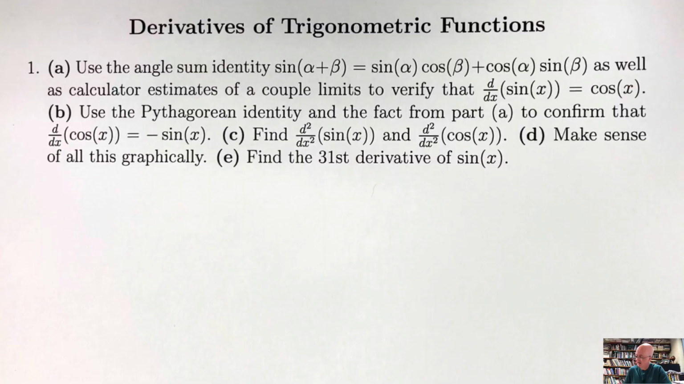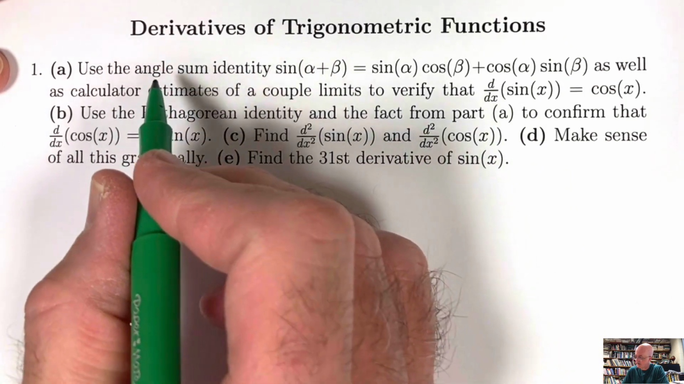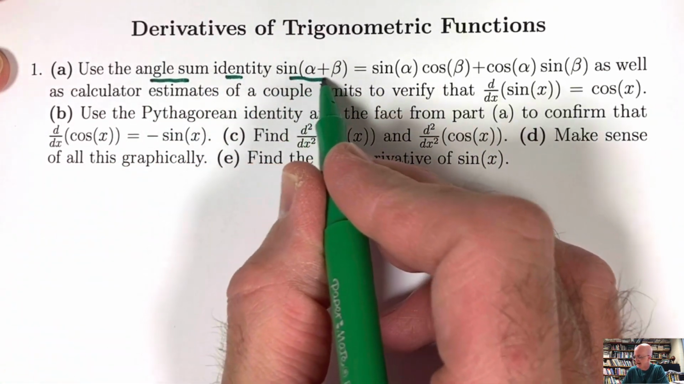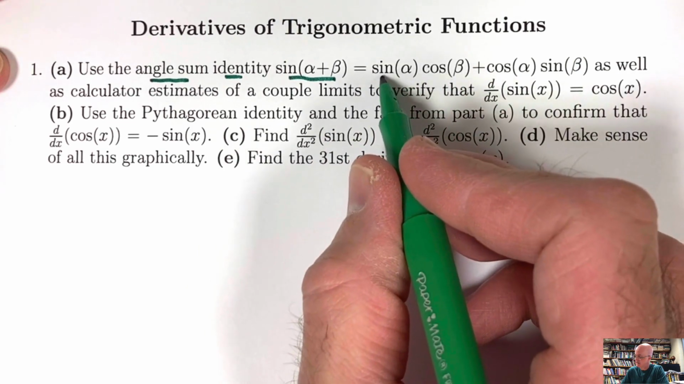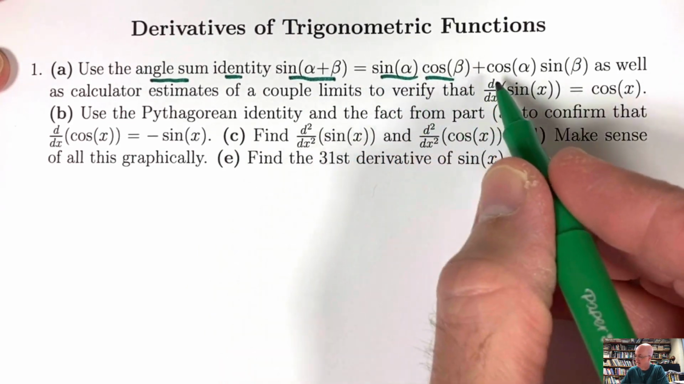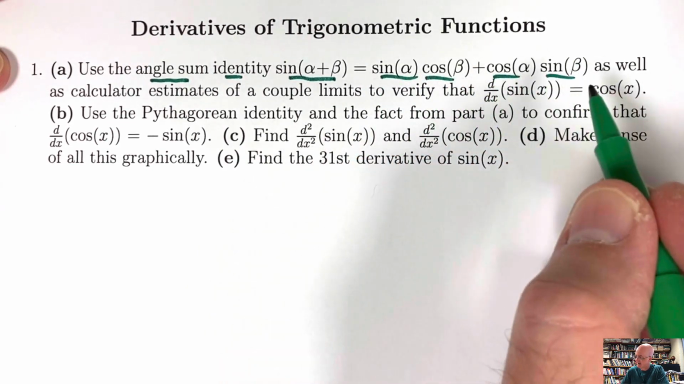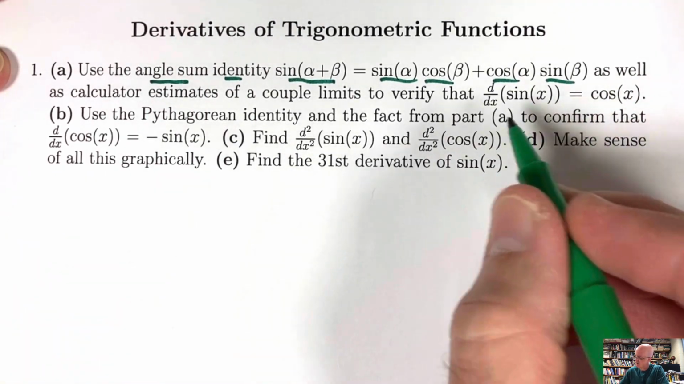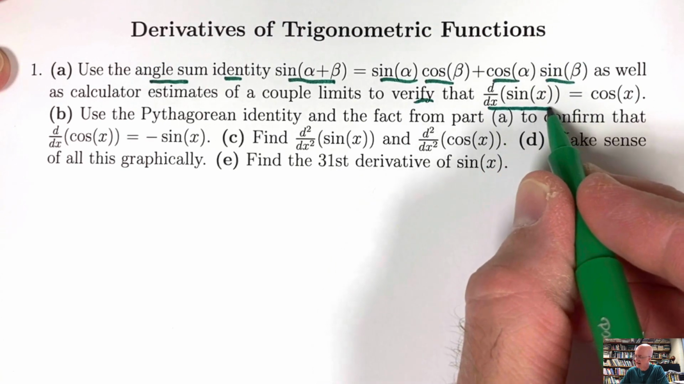Let's learn about derivatives of trigonometric functions. In this first problem, we start with using the angle sum identity that you see here. Sine of alpha plus beta equals sine of alpha times cosine of beta plus cosine of alpha times sine of beta, as well as calculator estimates of a couple of limits to verify that the derivative of sine of x